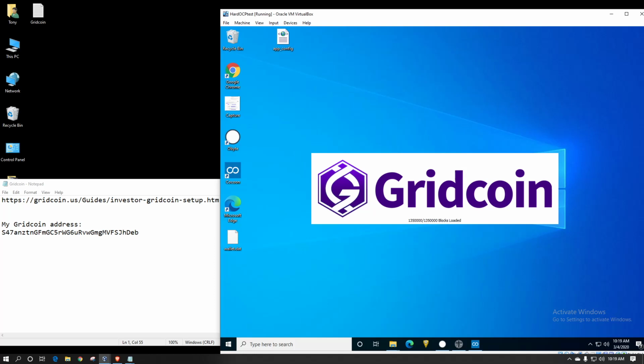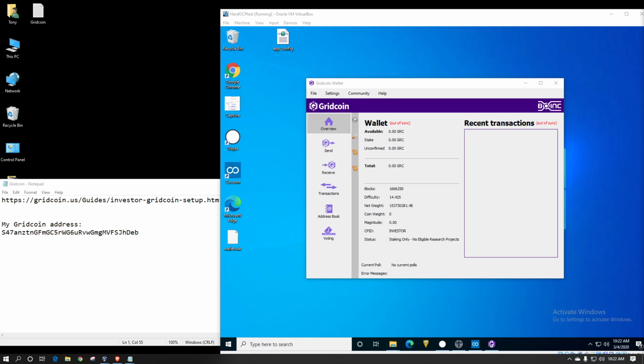Alright, I'll go ahead and pause this until it's done loading, and then I'll be back as soon as it's ready to get into the client. Alright, so the wallet is finally loaded up so we can interact with it. It is still out of sync, as I mentioned. It's going to have several blocks left to go. It's currently still connecting to other peers. It says I have about 222 days left to sync, but in the meantime we can at least get you